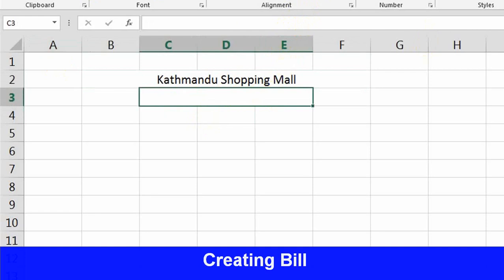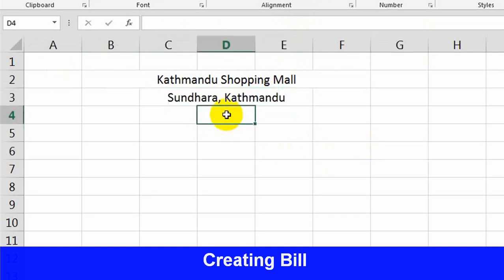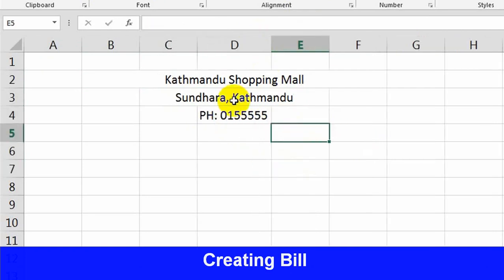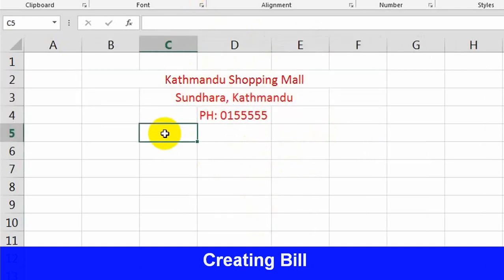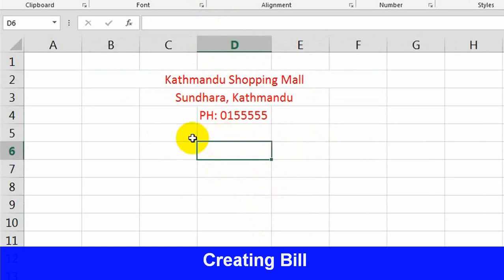Now Sundara, Kathmandu. Okay, for phone number you can type your phone number. Okay, suppose this is a heading. Now you can just select and color also. Now here you can type text.